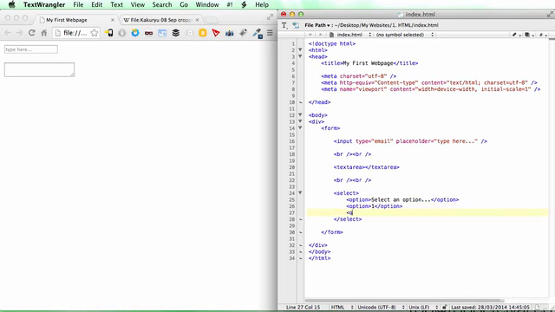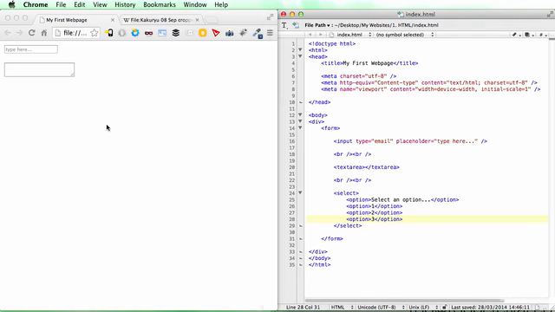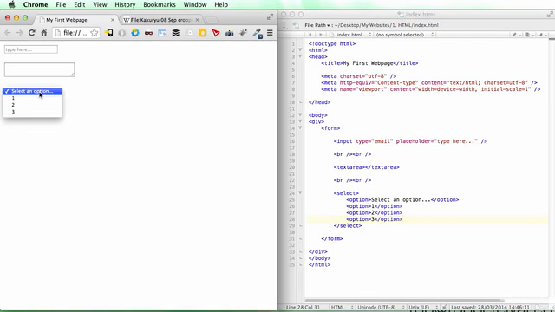1, 2, and 3. Great. There we go. So I've got a drop-down menu with 3 different options, as well as a select an option instruction